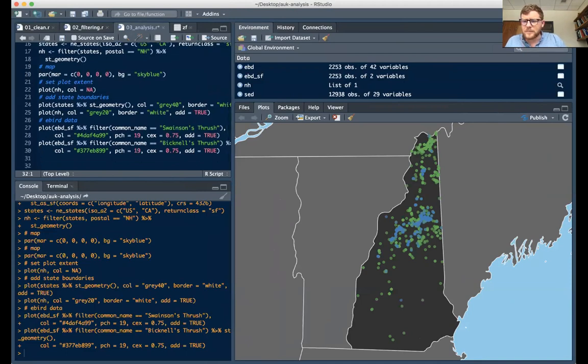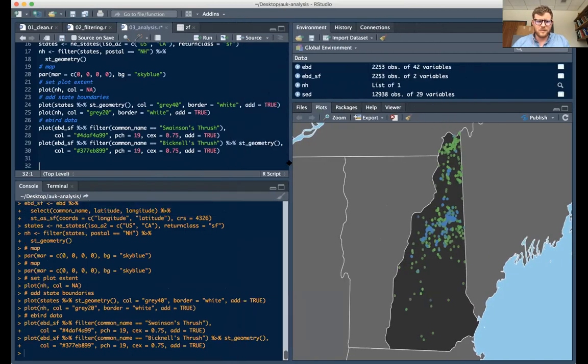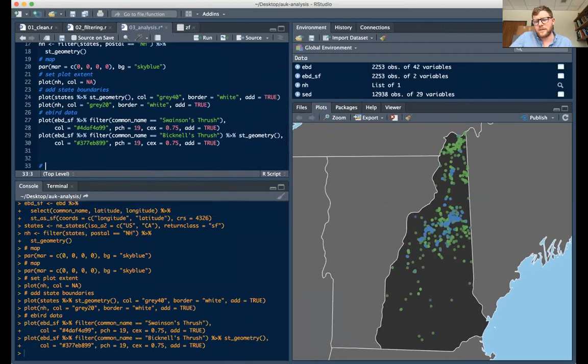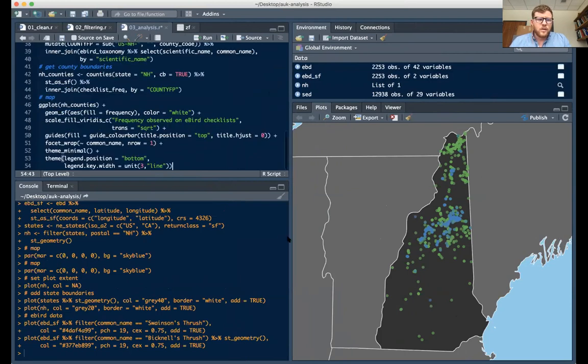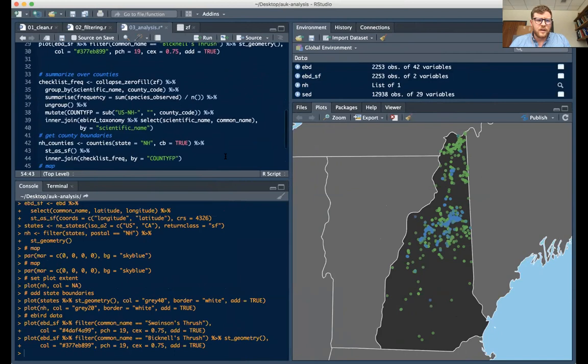And then I'll just quickly make one other map. This time, obviously the problem with this is that we don't have any sense of effort. So the fact that there's no observations down at the southern part of New Hampshire, is that just because no one's birding there, or did the species not occur there? We have no idea. So this is where that zero fill data comes in really handy. So what I'm going to do here,